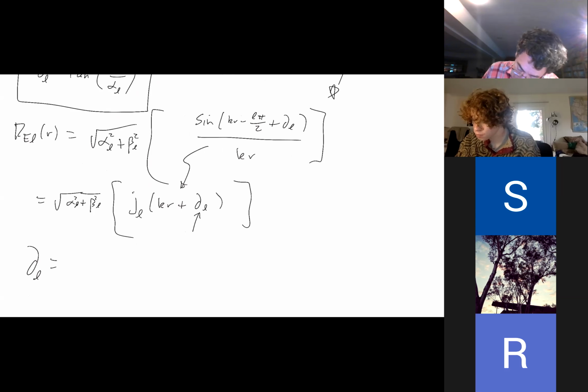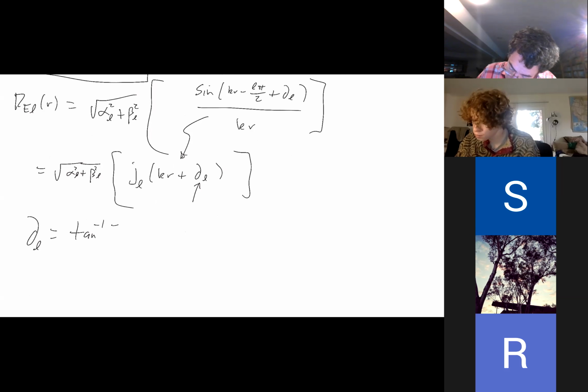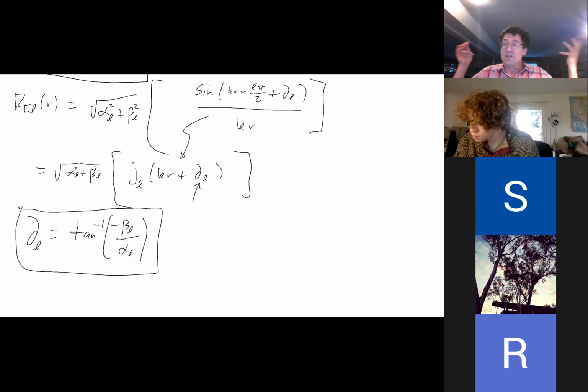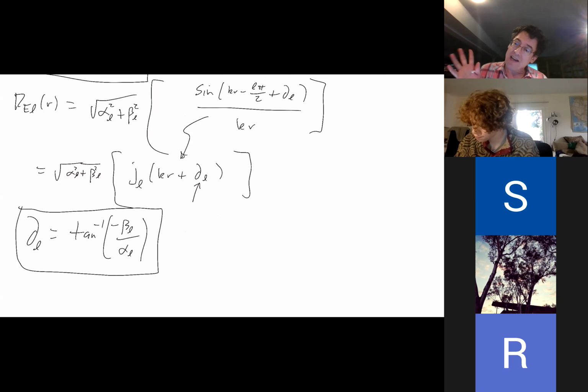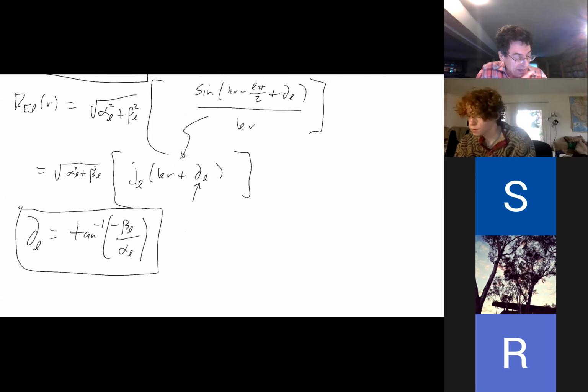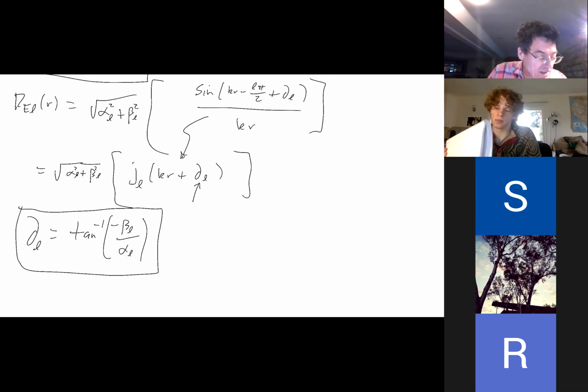So let's write it here. It's tan inverse of negative beta L over alpha L. Okay, so that's the phase shift. So that's the magical phase shift. So we're basically done. You know, we're not done because we got to figure out what alpha L and beta L is. But we got the phase shift in terms of alpha L and beta L. So now let's find alpha L and beta L. So to find alpha L and beta L,